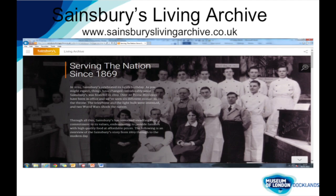And I think a really important thing to know about our digitisation process is that it's all carried out in-house, and it's carried out by different staff. We have archive staff at all levels carrying out scanning and naming files, but we also have members of staff from Sainsbury's working on digitisation. Sainsbury's employ an archive coordinator who is quite involved in digitisation for us, but this person will not necessarily